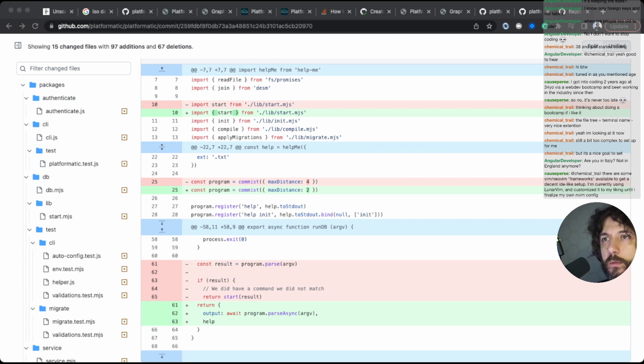So db run db. Okay, output. It's parse async.